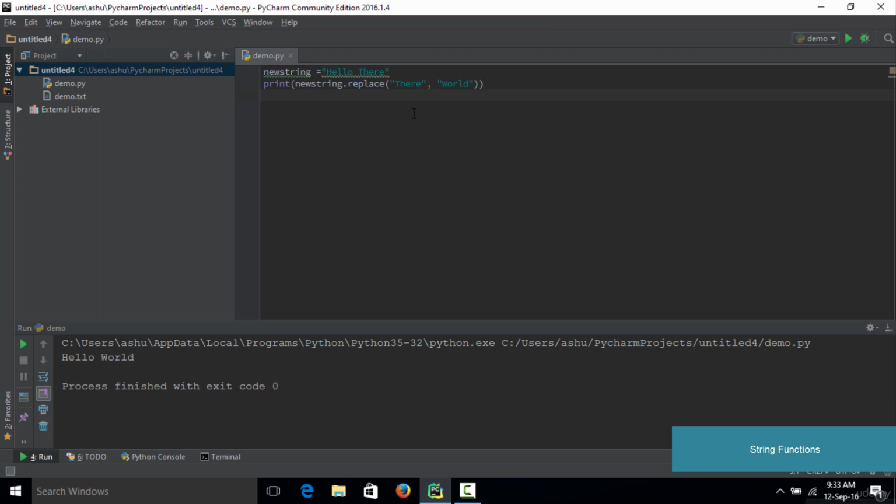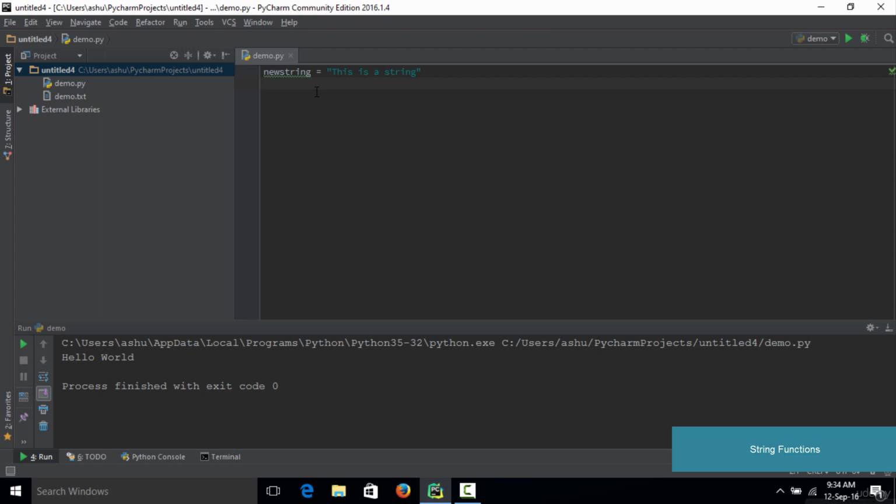Now let's learn how to determine if a particular string is present at the start or end of a string. So let's create a new string right here. So let's type in new string again, and let's type in something like this is a string, and let's say that you want to check if this particular string starts with this right here. So in this case it actually starts with this,